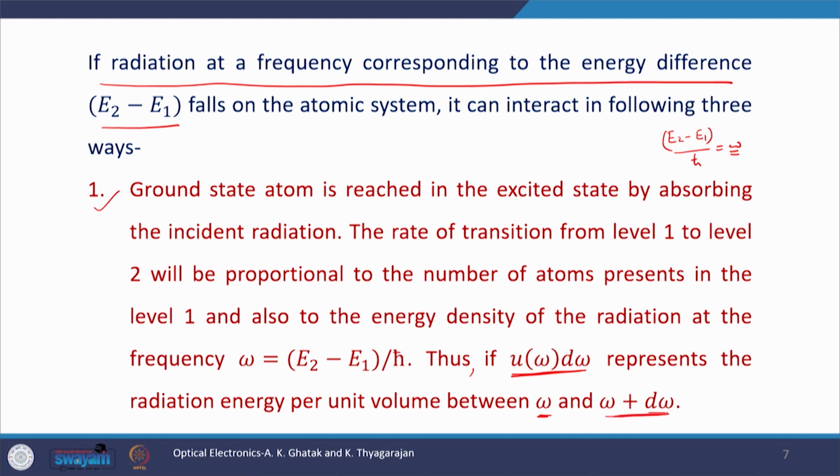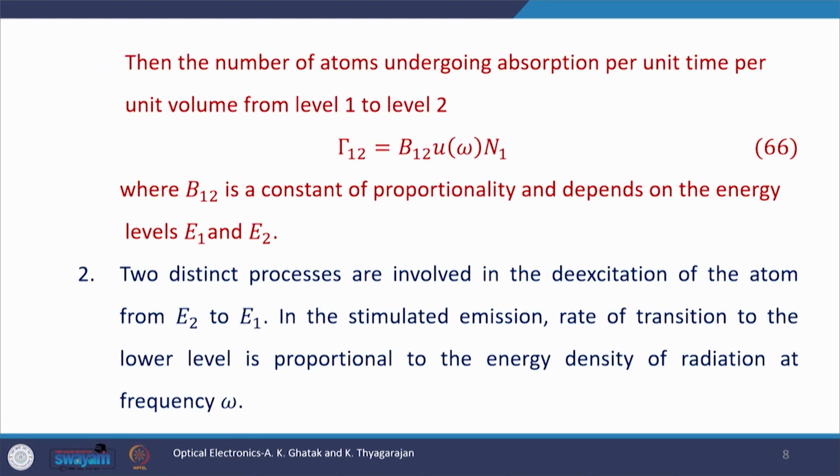Okay, we are considering a width in the frequency, because as I already said, a single frequency is not possible. Yeah, there is always a width associated with each emission and absorption. Therefore, U omega d omega represents the radiation per unit volume between frequencies omega and omega plus d omega in this bandwidth. Now, with this, the number of atoms undergoing absorption per unit time per unit volume from level 1 to level 2 is given by equation number